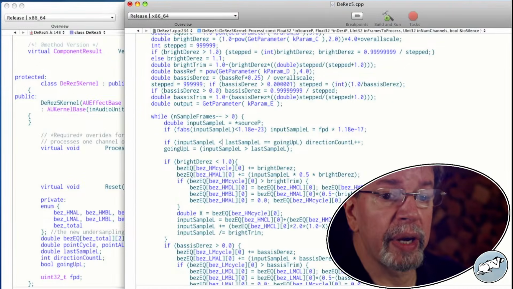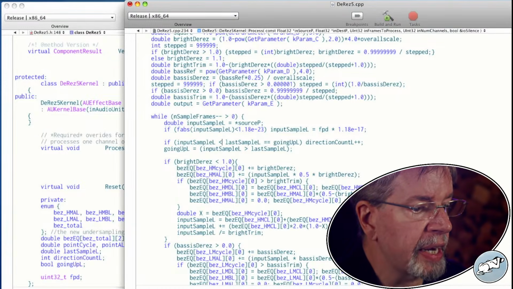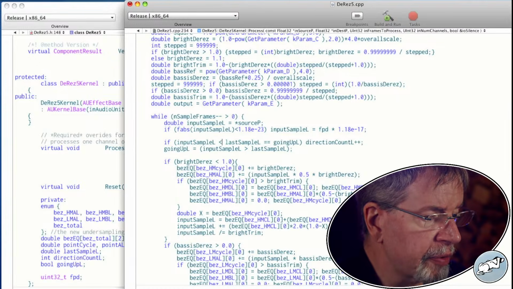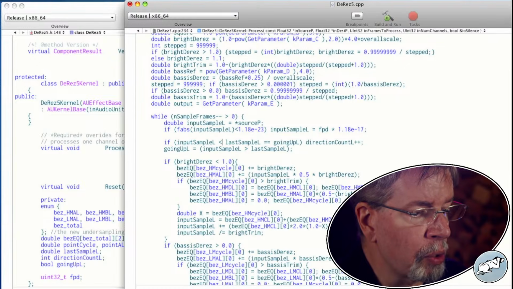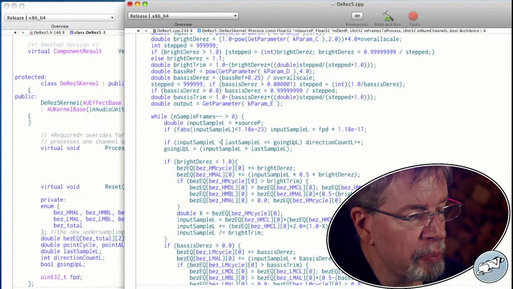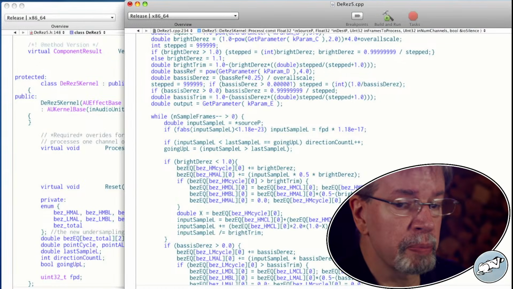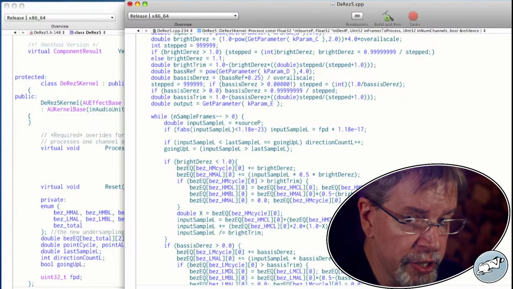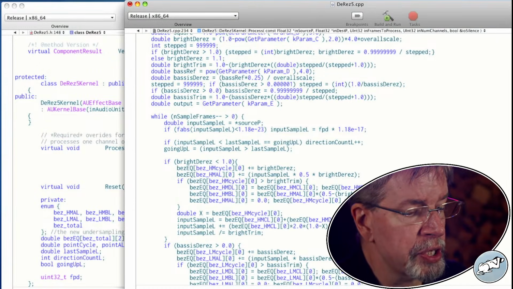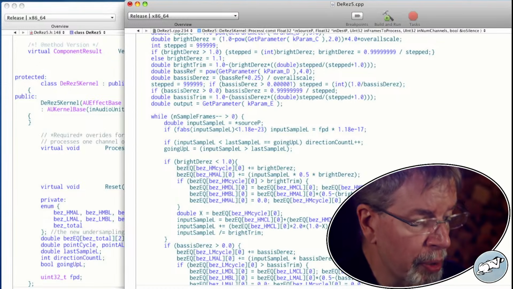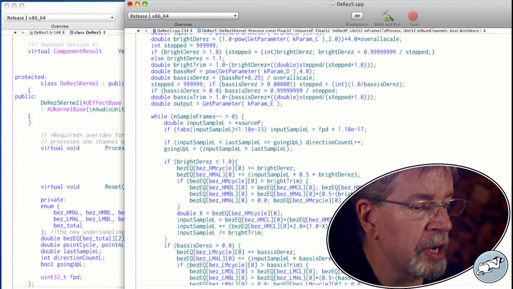So we'll use going down instead. Meaning now we're testing for going down, and if going down is equal to going up, well, that means the previous time input sample was larger, but now input sample is smaller, meaning we've reversed direction. And if going up is false, then input sample was smaller. And then if input sample is less, is not true.